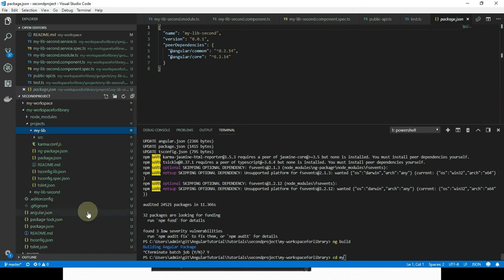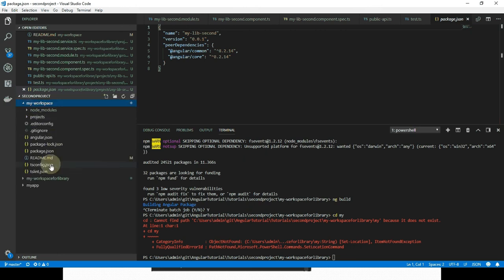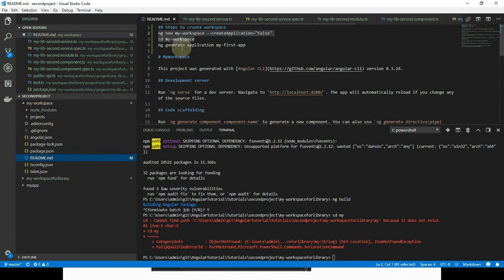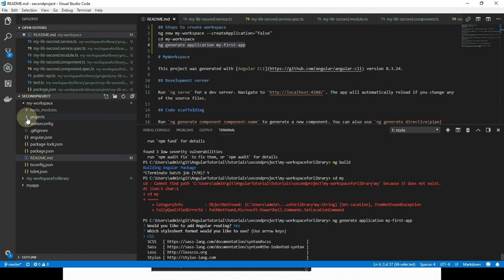And the second library we have added. Similarly, you can add projects here as well, and that can be added easily. For adding a project, you just need to use the command ng generate application. It will generate the application for you inside the projects folder, and it will ask whether routing is needed.